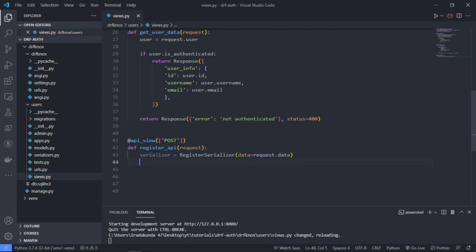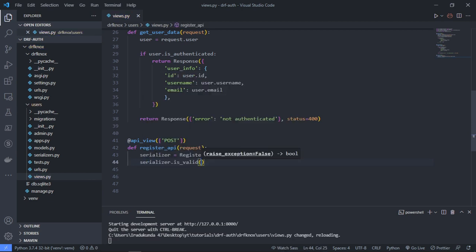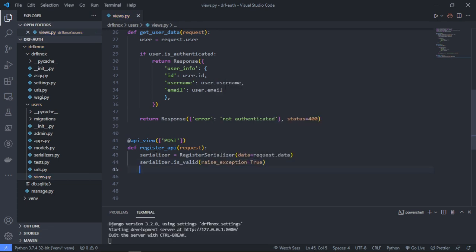Also going to get data from the request. We are also going to validate the serializer. If it's not valid, this is going to return errors as the response. Now I'm going to save this serializer. This will give us the user,